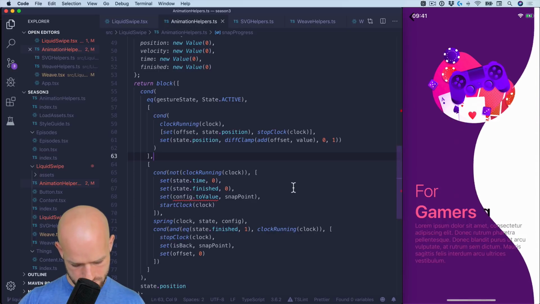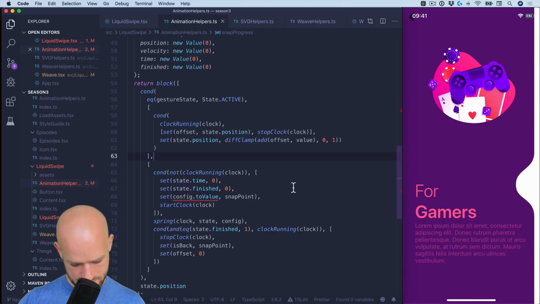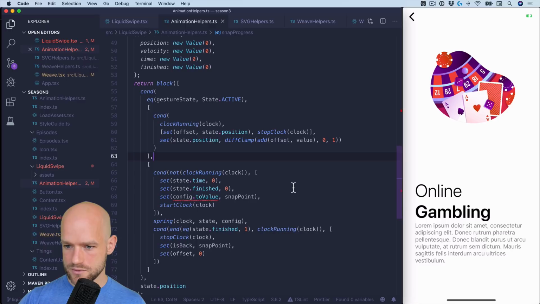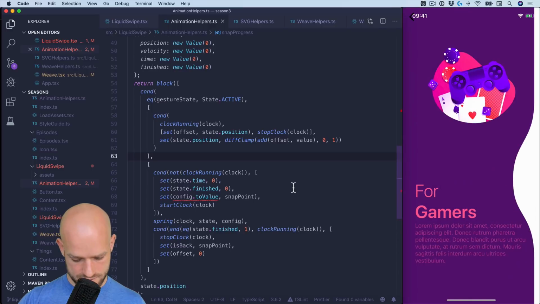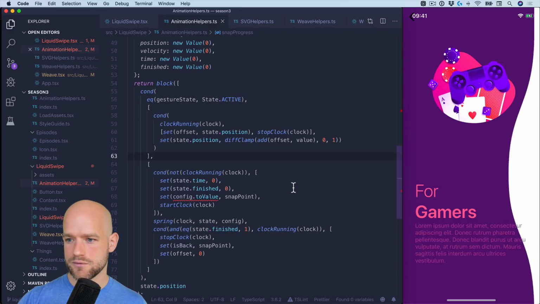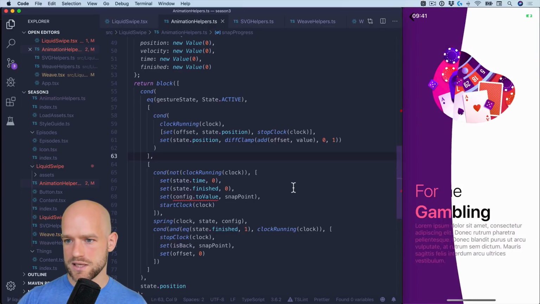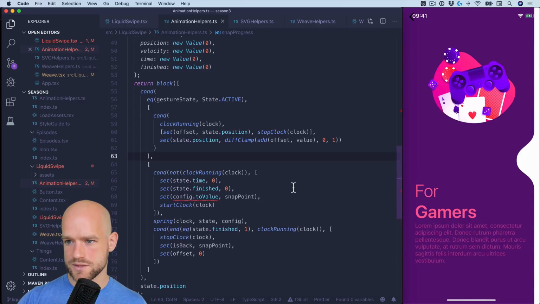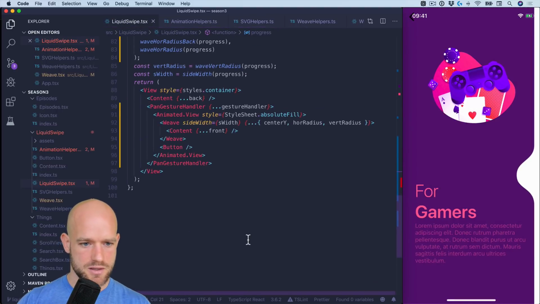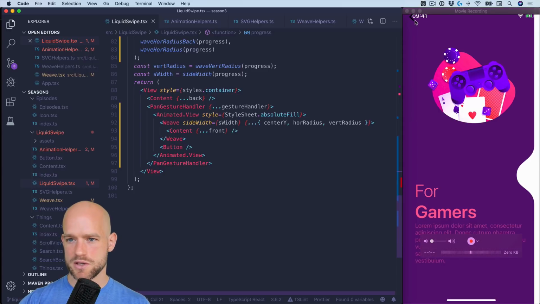Okay, it snaps nicely from one side to the other, and you see I'm interrupting the gesture and it works perfectly. So very, very smooth, completely interruptible. You see there are no jumps from one frame to the other. Very cool. So now we can do the last step, which is to animate this button here,